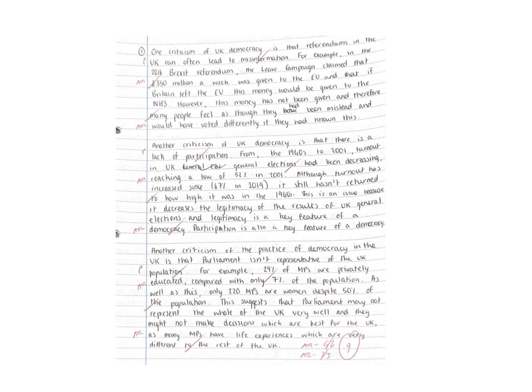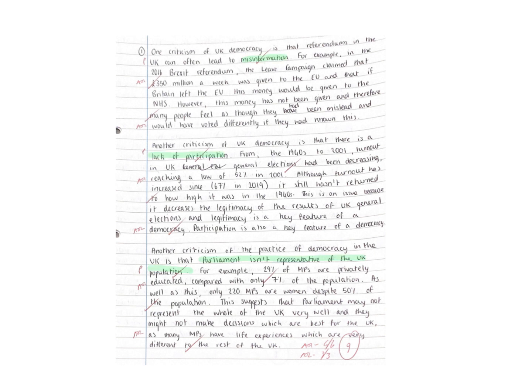And if you remember, the structure that we're looking for is point, knowledge, analysis. And you can see down the left margin, P, AO1, AO2. P for point, AO1 is the knowledge, AO2 is the analysis. And you can see that the structure of this answer is consistent all the way through.